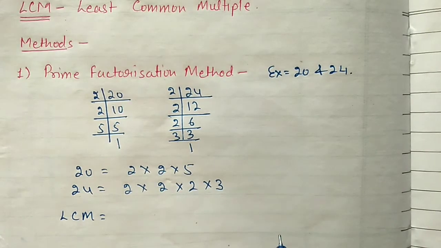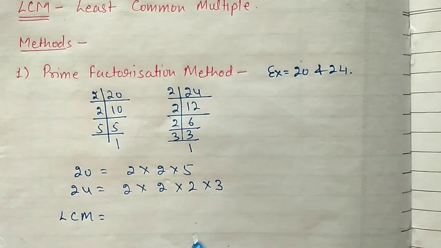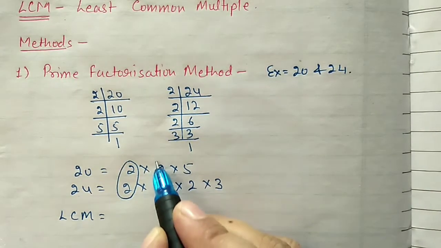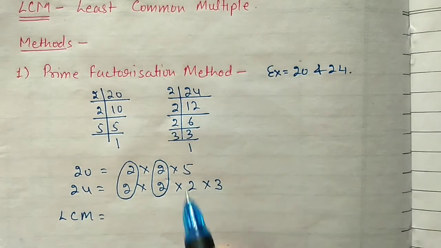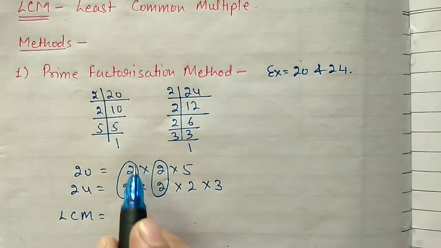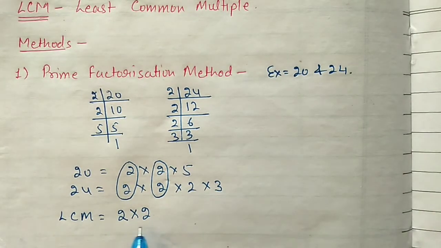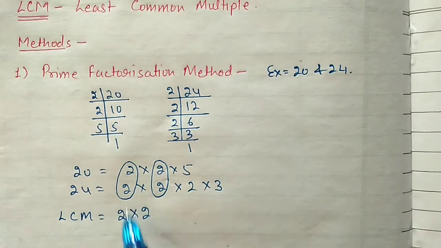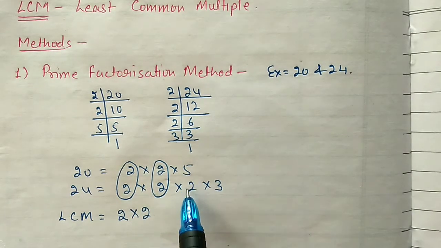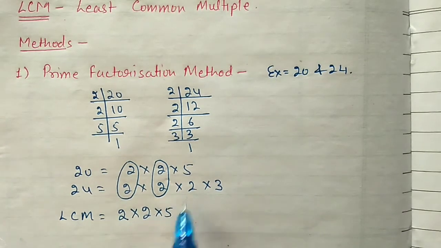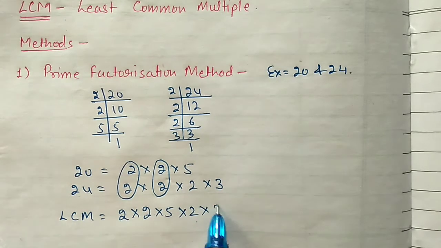First of all, we need to see which numbers are common to both. You can see here this 2 is common to both numbers. Again, one more 2 is common to both numbers. So in place of these two we will write 1 and 1. Till now, for HCF you have learned up to here. If you need to calculate HCF, it is 2 into 2. But for LCM it changes: after taking out the common numbers, whatever numbers remain you need to write here. So the remaining are 5, and 1 2 here, and then 1 3 here.